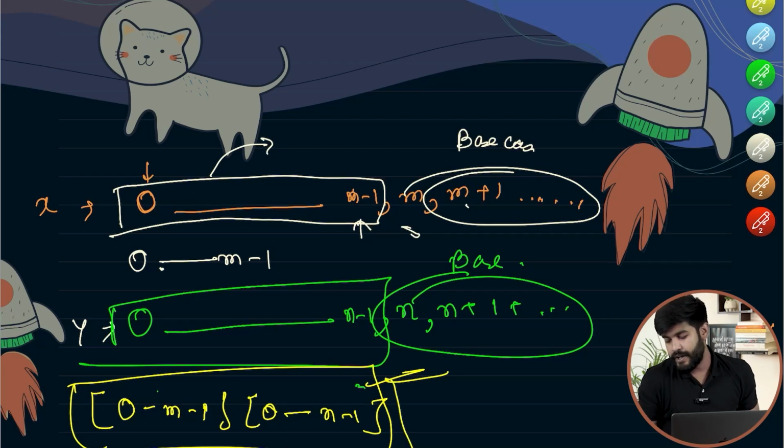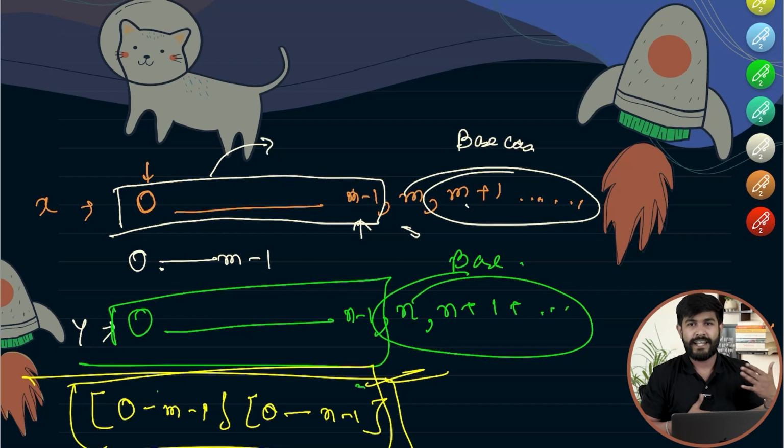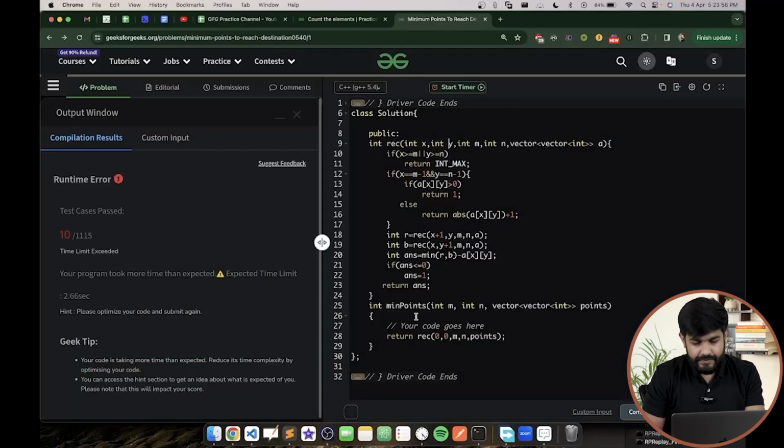The number of variables which are dynamic would be the dimension of the array that is required. It doesn't really need to be categorized as 2D or 3D DP. Okay, so now what I would do is I would simply make a 2D array,